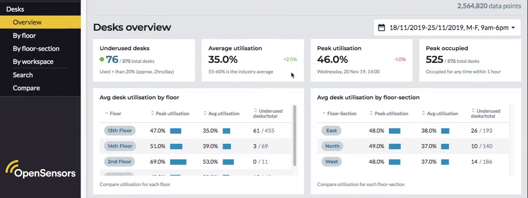Average utilization gives a high-level indication of how occupied the workplace is. In this specific instance, we see a big scope to increase utilization as only 35% of the space is being occupied on average. Peak utilization and peak occupied identify the busiest period in the workplace, in percentage and by desk